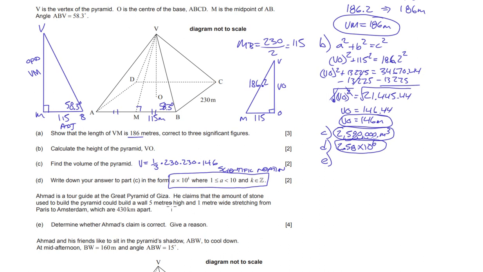So, we have the volume of this pyramid. We just want to figure out what the volume of this wall from Paris to Amsterdam would be. Okay, so this is all in square meters. That's 5 meters, that's 1 meter, and this is 430 kilometers. So let's turn that into